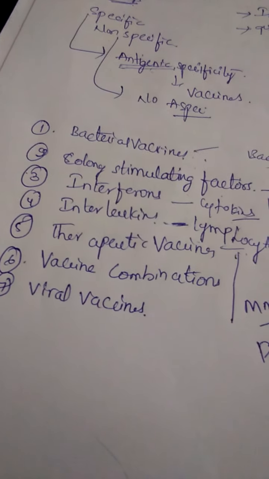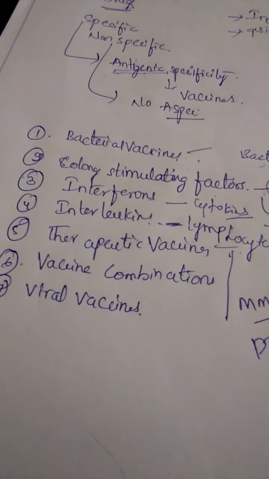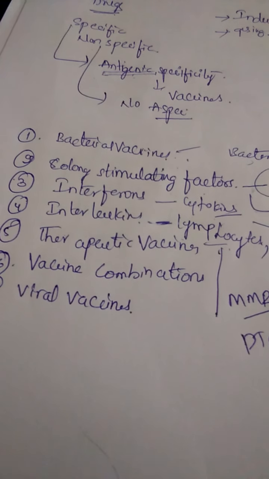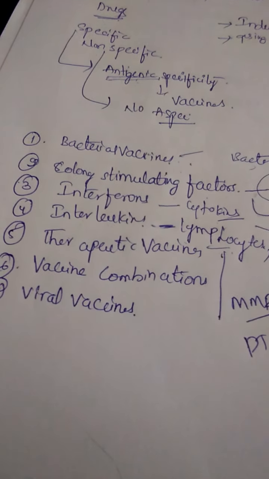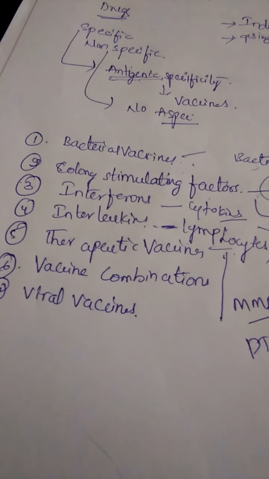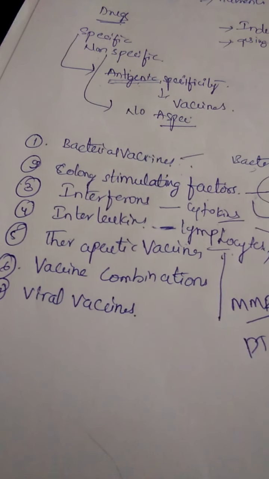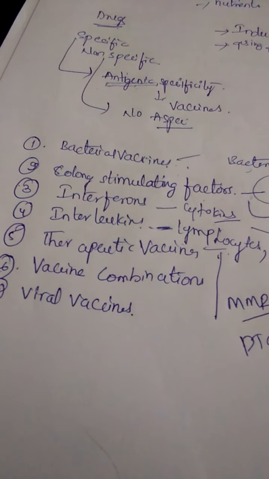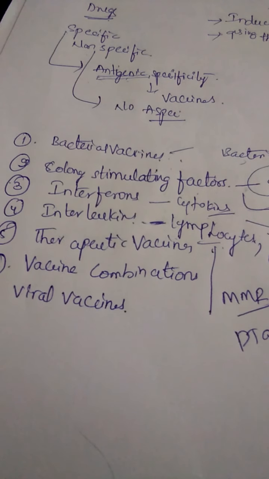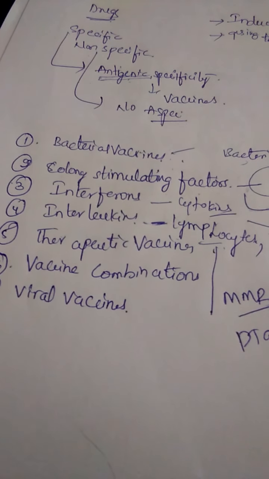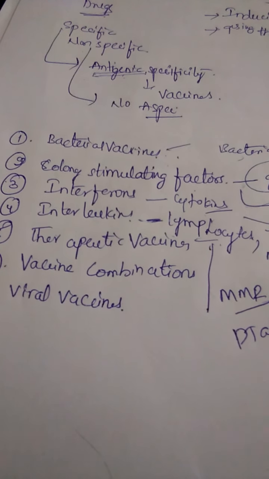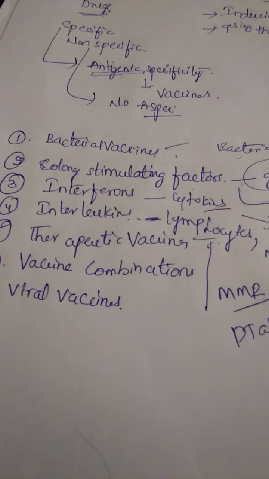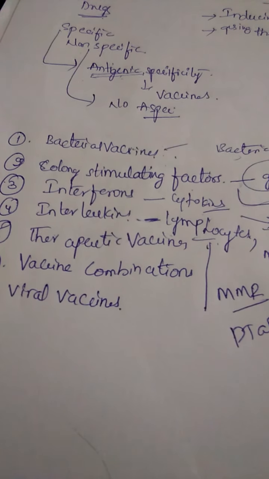Next, coming to viral vaccines. Viral vaccines contain inactivated viruses, similar to bacterial vaccines, which are prepared using bacterial strains. Viral vaccines contain attenuated viruses, which are live but don't cause any disease. The live viruses enter our host cells. These inactivated or killed vaccines contain viruses which have lost their ability to replicate, in order to bring about a response.